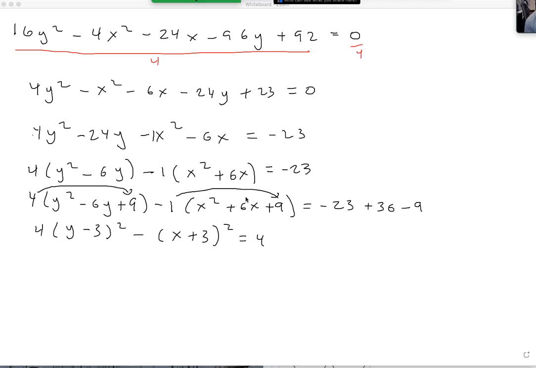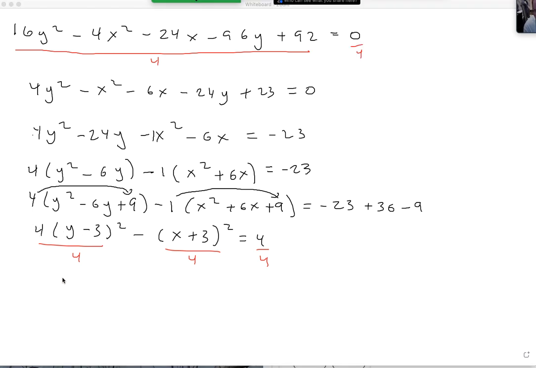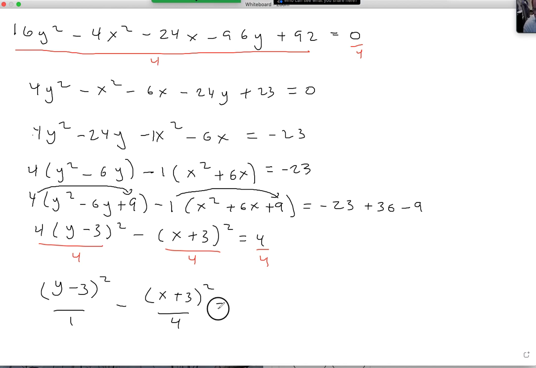And now we just go ahead and make this our 1, so that tells me what I have to divide through by, so dividing everything by 4. And so those cancel, so that would be y minus 3 squared. I'll go ahead and put that over 1, just for emphasis. And then here, this would just be x plus 3 over 2, and that's quantity squared, equals 1. So that means my center for this thing is going to be